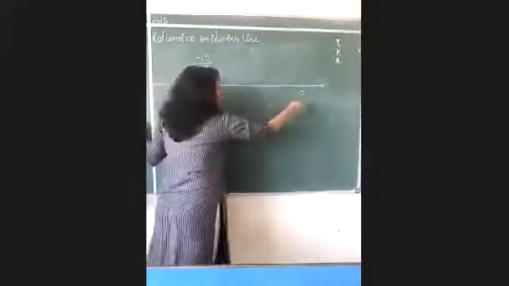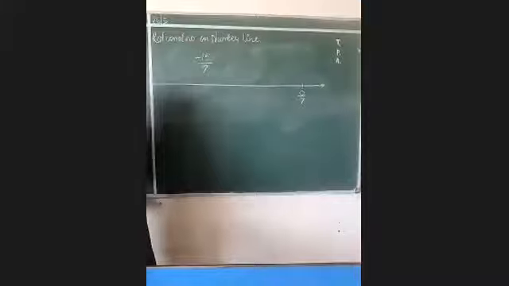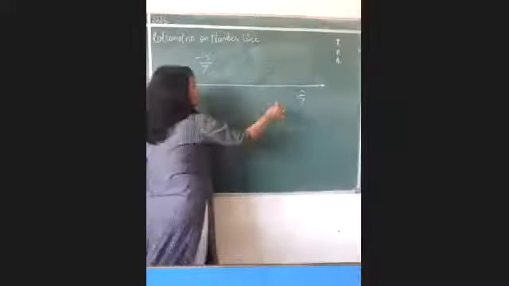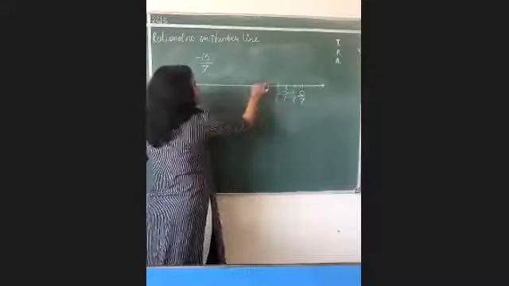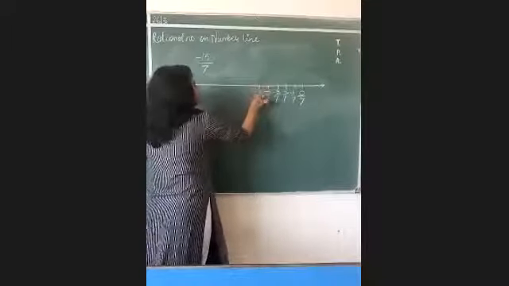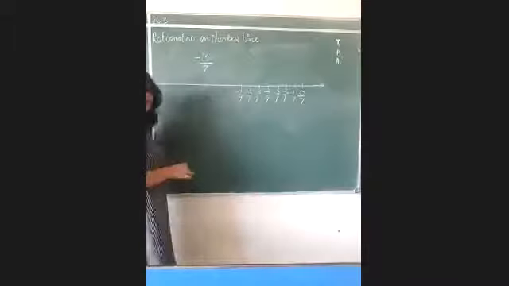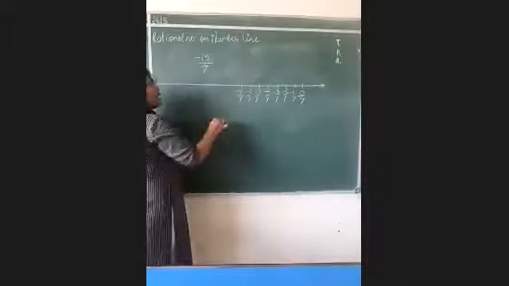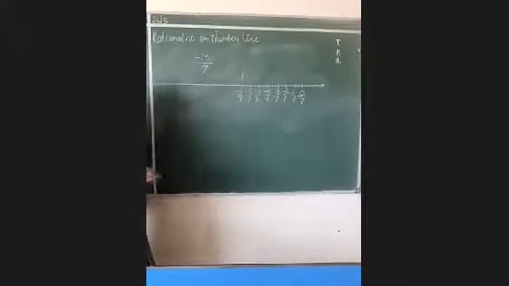So for example, this is 0. It will now become 0/7. And now let us start for the negative: -1/7, -2/7, -3/7, -4/7, -5/7, -6/7, -7/7. -7/7 means -1. Then once again,